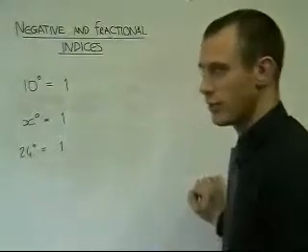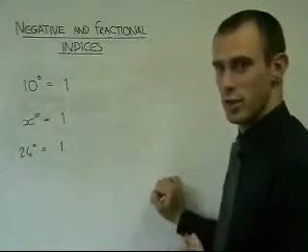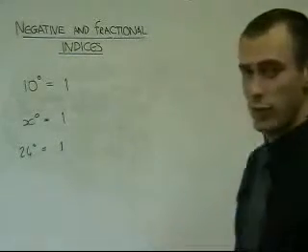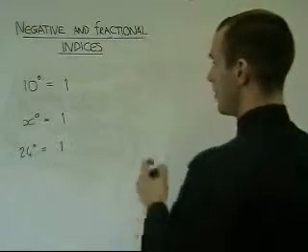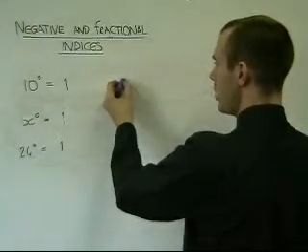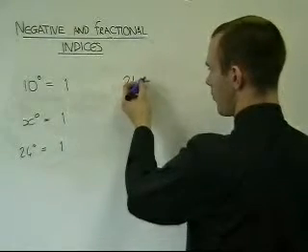This never changes. All these three rules, the negatives, the fractionals and the 0 indices, can all be put together with the previous rules of adding and taking away when you're multiplying and dividing the base numbers. For example, 24 divided by